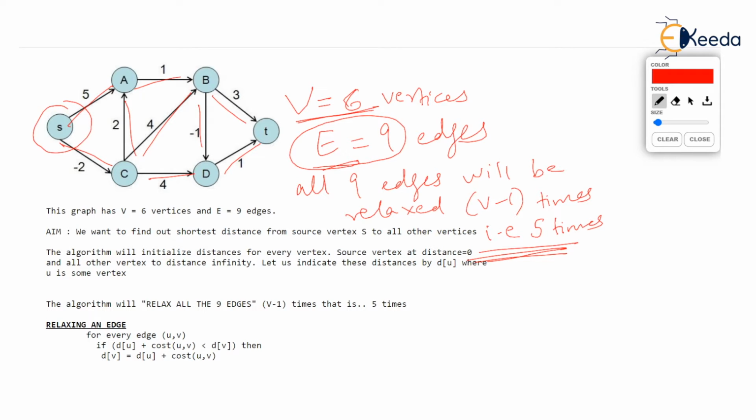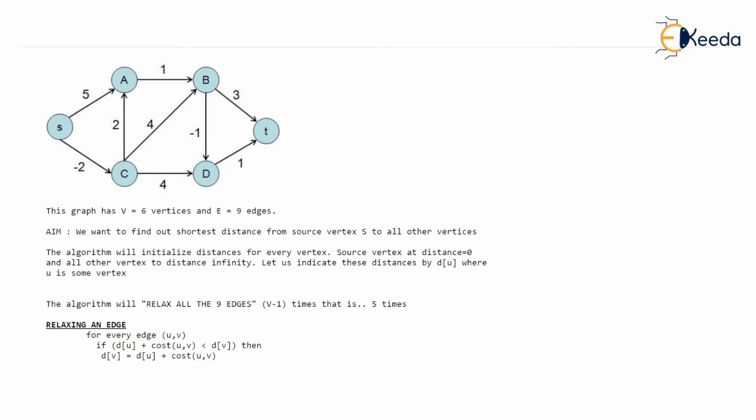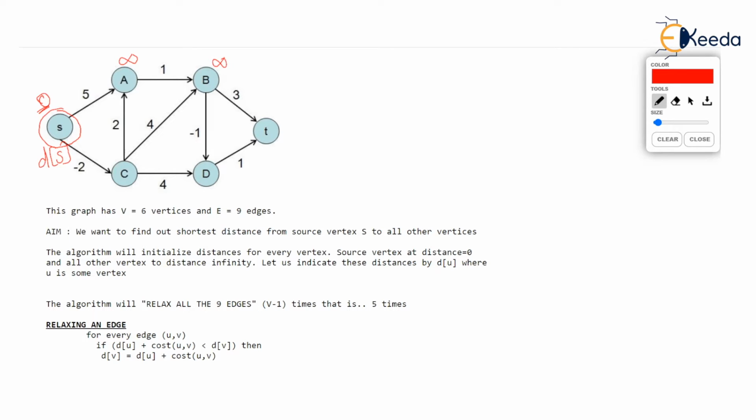Let's see with an example. This is the example we are solving. S is the source. So what Bellman-Ford does, it will make distance of S as 0 initially. I hope you know what I'm talking about. That means ds, distance of vertex S, is assumed to be 0. But all other distances are assumed to be infinity. This is how it starts. Whatever is the source vertex, that vertex has distance 0, but all other destination vertices have distance infinity.